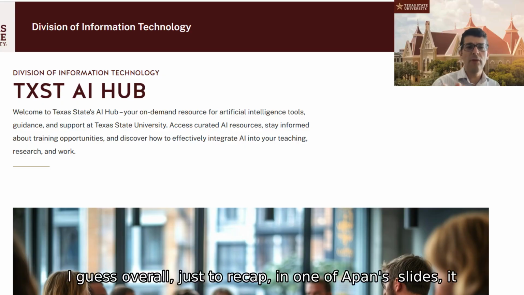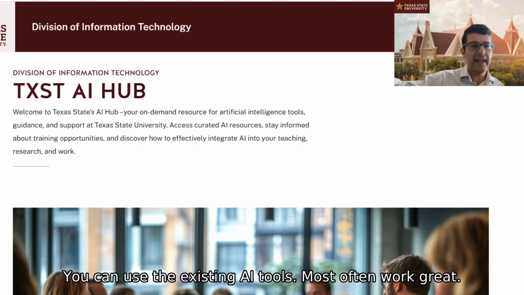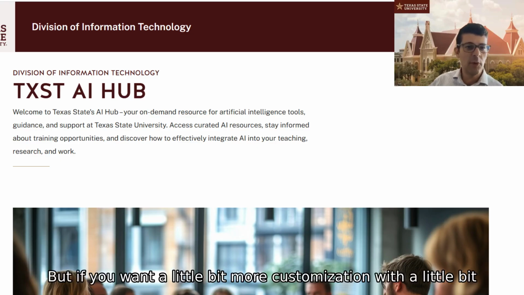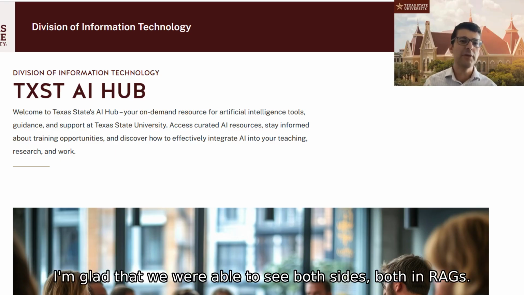And just to recap, like in one of Apan's slides, it was about the trade-offs. You can use the existing AI tools, and most of them work great. But if you want a little more customization with a little bit of hands-on effort, you may get to a more customized tool. So I'm glad that we were able to see both sides.